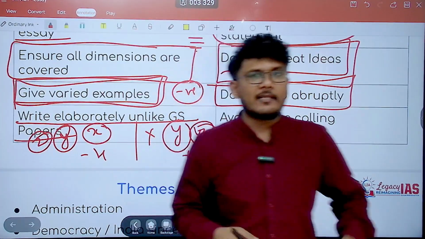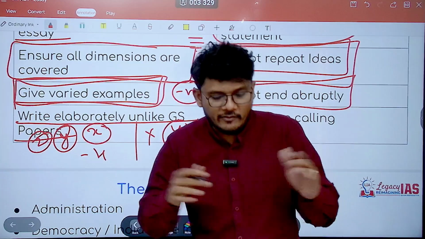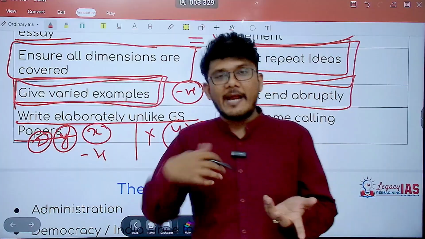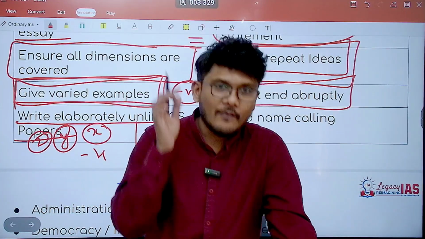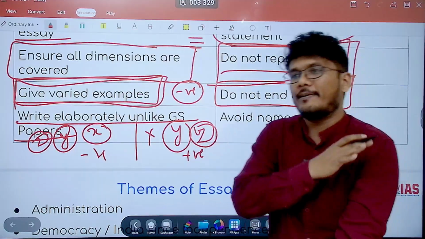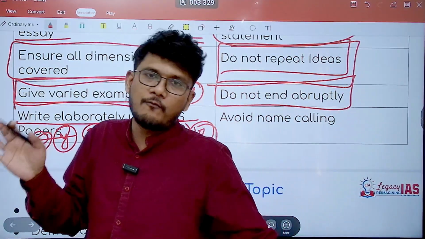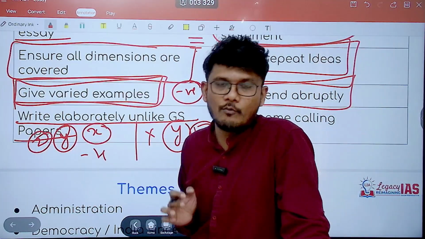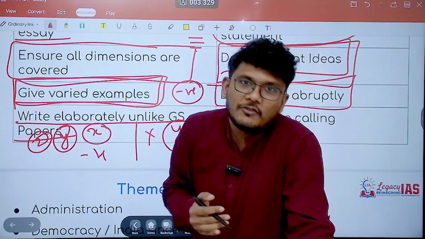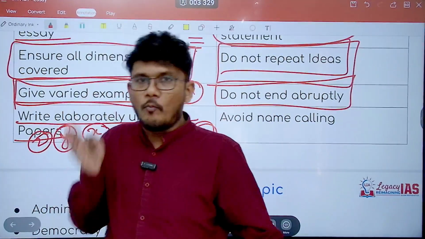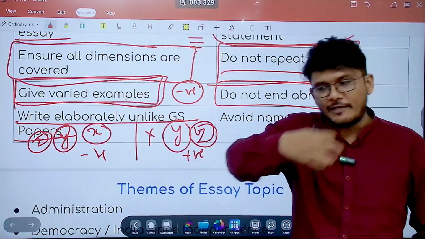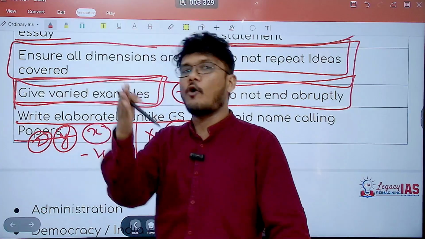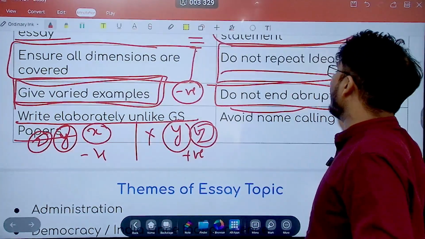It should not feel that here you are just discussing the challenges and suddenly you realize that the answer sheet is over, so you have to end it abruptly. That should not happen. So always ensure how many sheets you have. Except for the rough worksheets, you have around 11 sheets to write 1000 to 1200 words. So when you are near your 9th sheet, you should know that now only 2 more sheets are left, and I need to finish off the remaining part plus half a page for the conclusion. If you keep all that in mind, you will ensure that you do not end it abruptly.